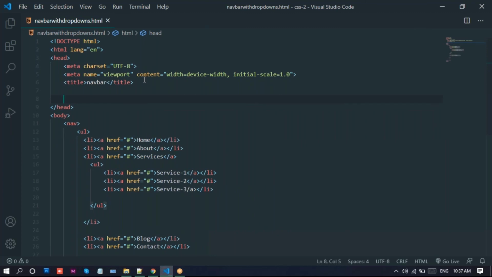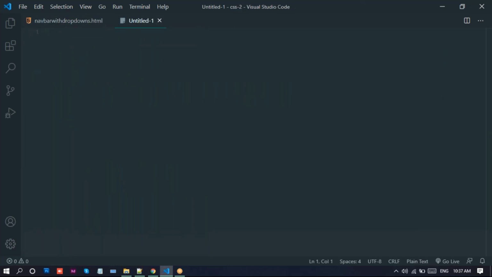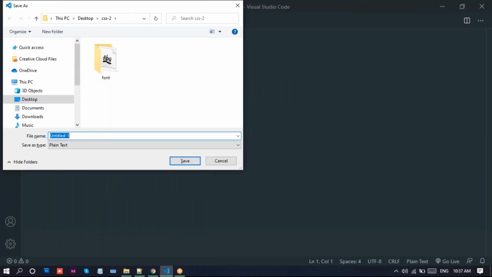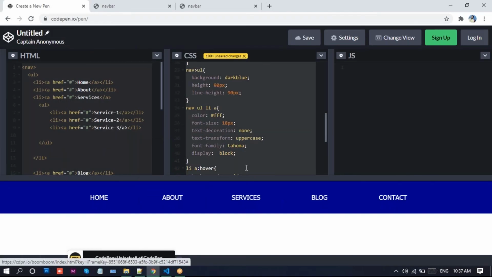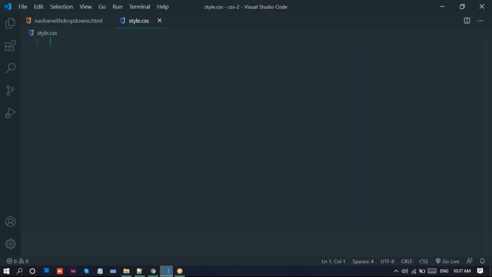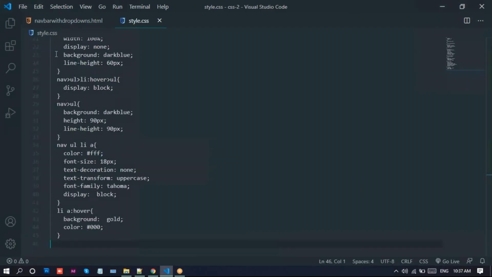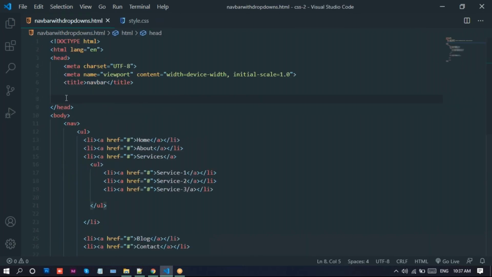And CSS, if you want, you can take an external CSS file. Then you can copy this CSS into style.css and link it here. So I'll take a normal program and save this one as style.css. I just copy this one and paste it there.